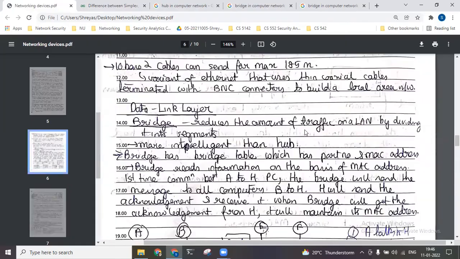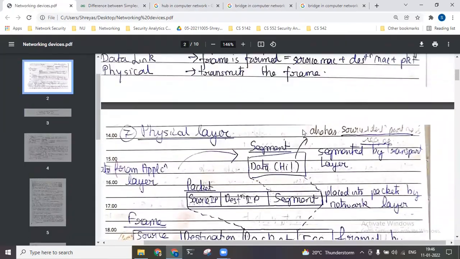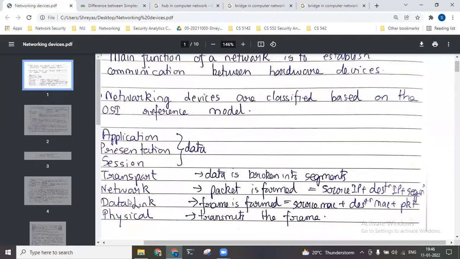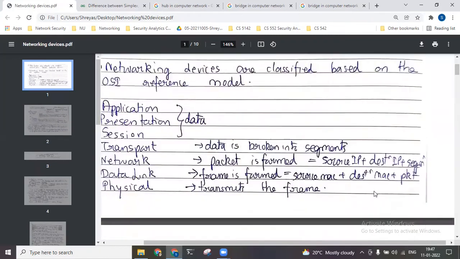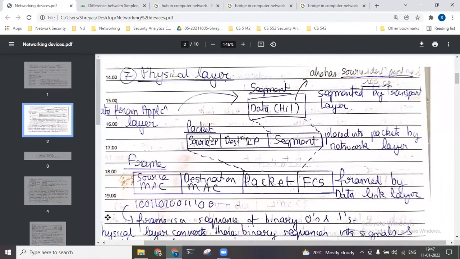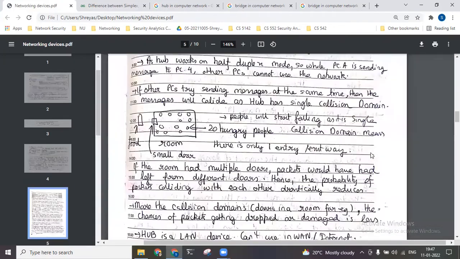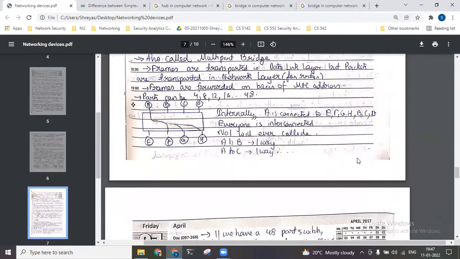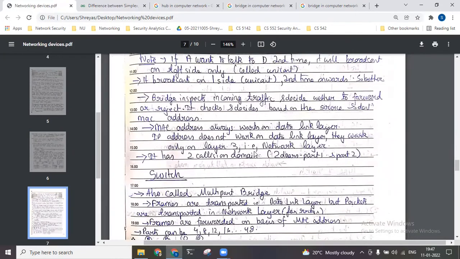As we can see in this initial OSI model, above the data link layer we have the network layer, which forms the packet. And it is in this network layer that we have the IPs, the source and destination IPs. In the network layer, we have this packet with the source and destination IP, but in the data link layer we do not have any IP. It will just read the source and destination MAC addresses. It cannot go inside the packet. Inside the packet, that is done by the network layer. Okay, so now let's go back to where we were. So this is basically the working of a bridge.